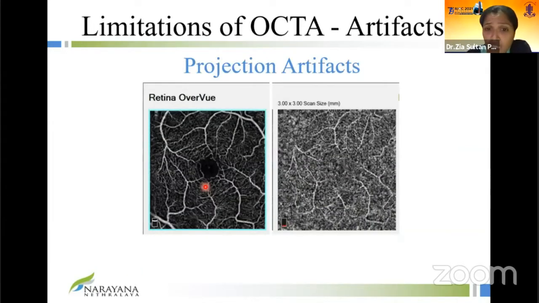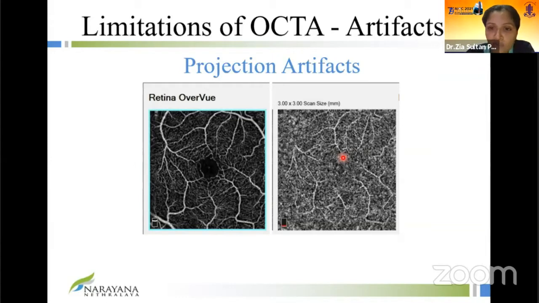And lastly, there are projection artifacts. When light hits a vessel, some of it will be reflected, and you'll see that in the superficial vessel scan over here. A small amount of it is refracted. It goes through and bends. And when that light hits the RPE, it gets reflected back, just like any other. So when you look at deeper layers, you often get a mirror image, almost like a shadow, of these vessels in the deeper images. These vessels don't exist, but they're just projected from the superficial layers into the deeper layers. So when you calculate vessel densities, the deeper layers are always going to be a little less accurate.